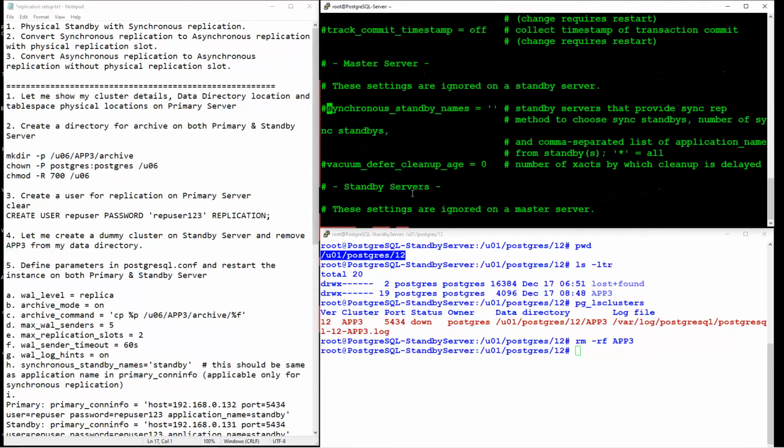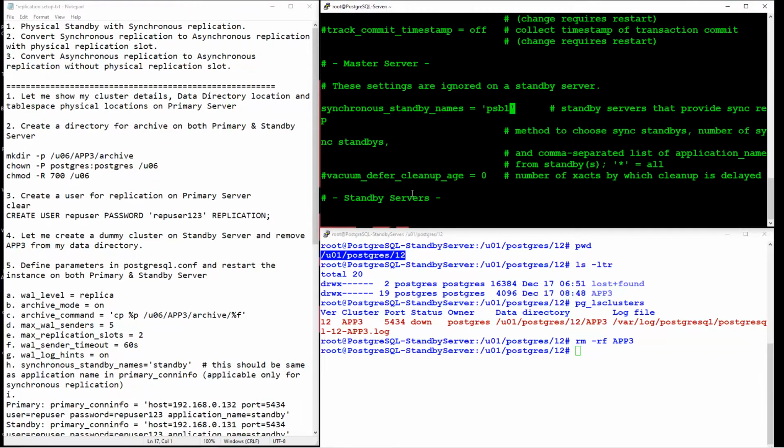Okay, synchronous standby names, I'm going to define this one as PSB1. This is the name I'm going to use when I create a replication slot in my primary.